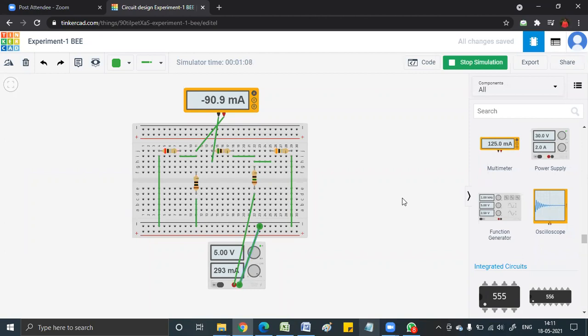Okay, ma'am, get it? Because in the first experiment, you have all the three sources connected. We never shorted one source, no? That means you're talking about the resultant current only. Is this clear? You're yet to find the resultant, no? So you have to take a print screen of